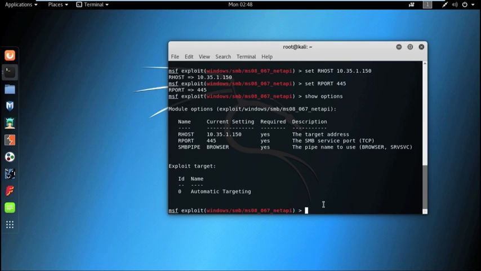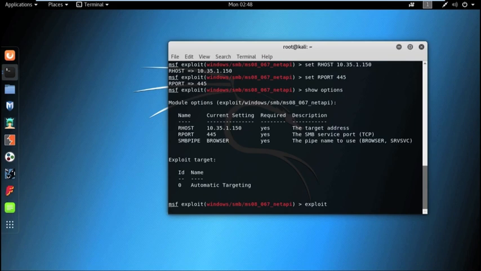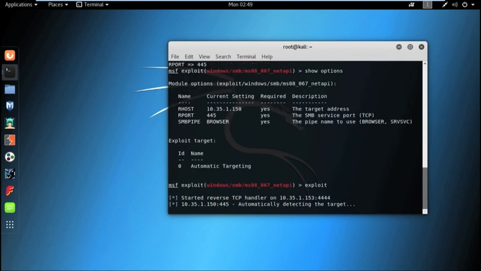This time we use the command exploit. Started reverse TCP handler on the attacker machine.